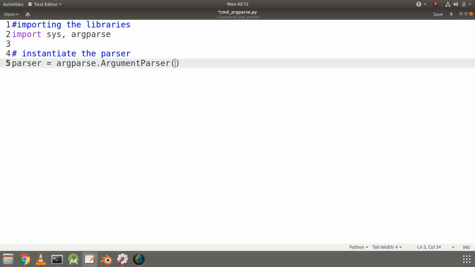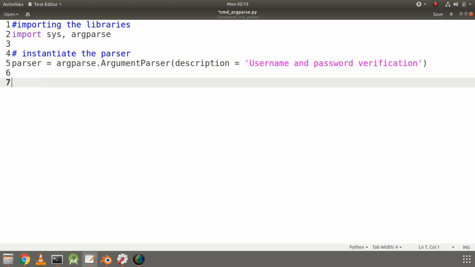Now this will take an argument as description. Basically it is used to create the parser which will parse the arguments passed on the command line. So let's give the description as username and password verification, because that is the purpose of our command. We're going to develop it for verifying the username and password.